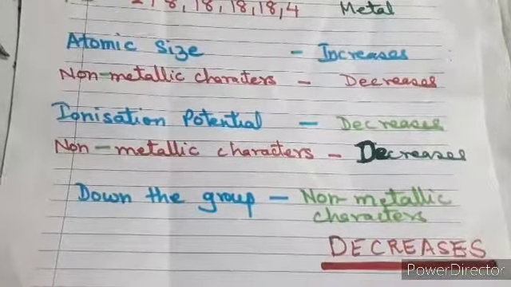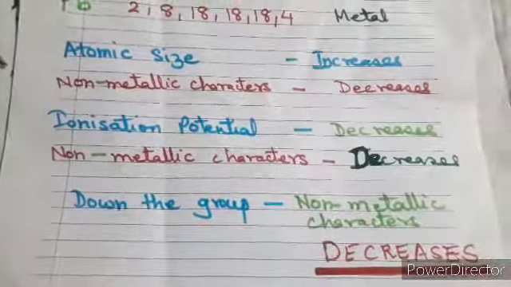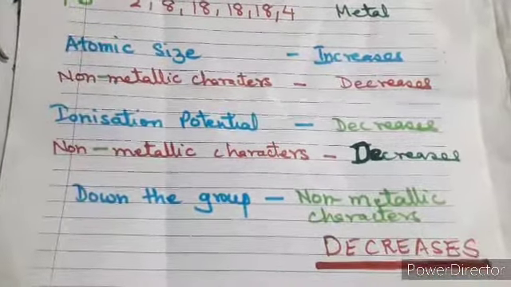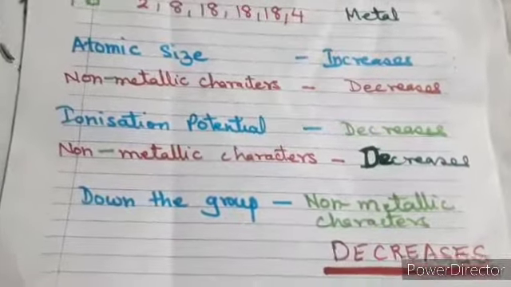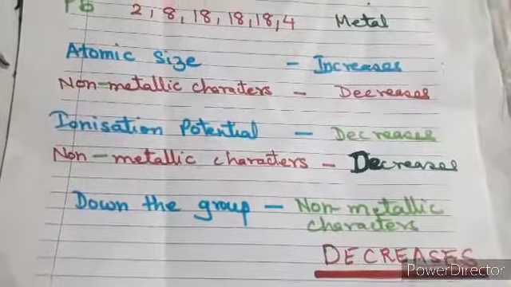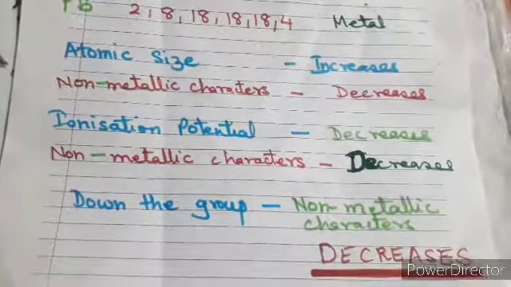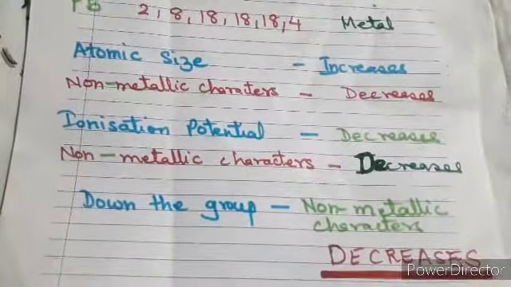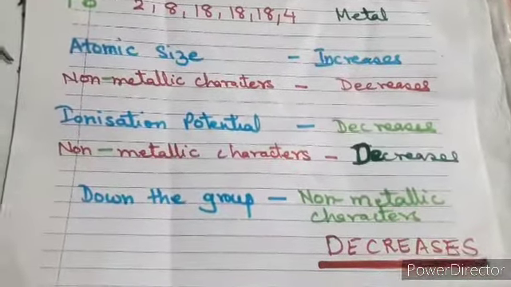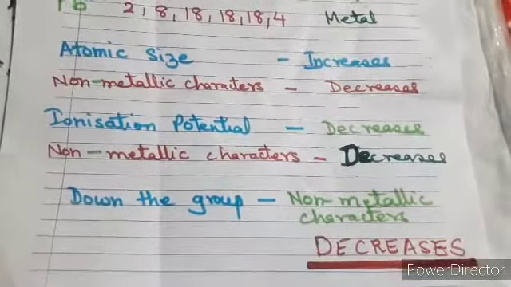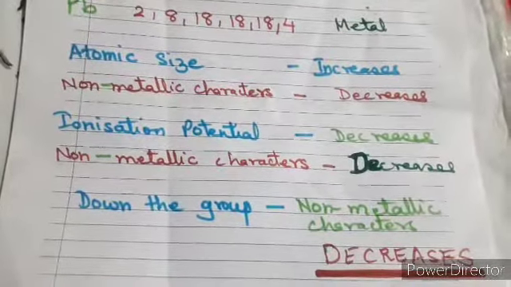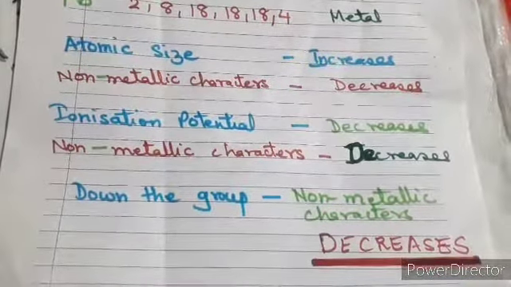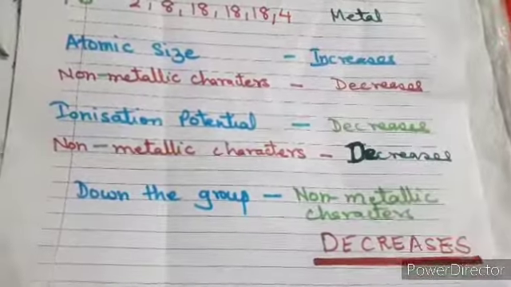So once again I am telling you, please go through all the topics. This chapter is very important for your board examination. Every year 4 to 5 questions come, and this chapter is important because it is related with other chapters also. When you go further, you will come to the next topics or other chapters, and you will see that these topics will come in those particular books and chapters. So please don't ignore it, and once again go through all my videos and make proper notes in your registers.